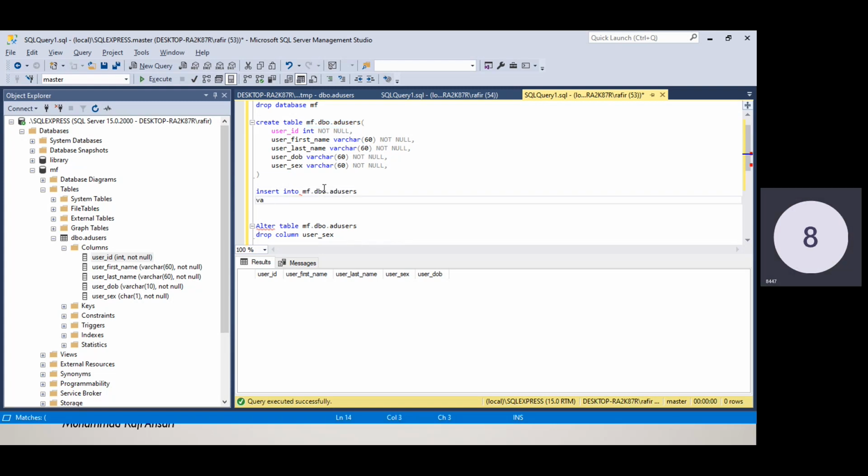You can type values. And what is the first field we have? That is integer type. Let's suppose the user ID 101 and the username. We have the date of birth as 13, 1985. Then the gender. Gender is male. If we go and execute this query,